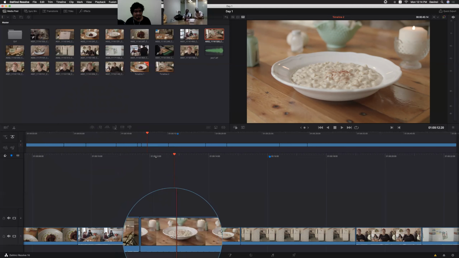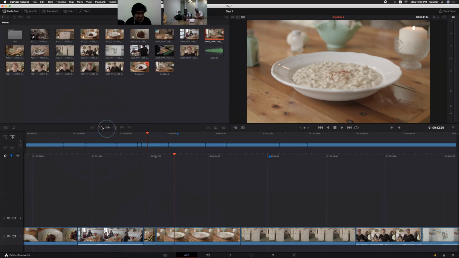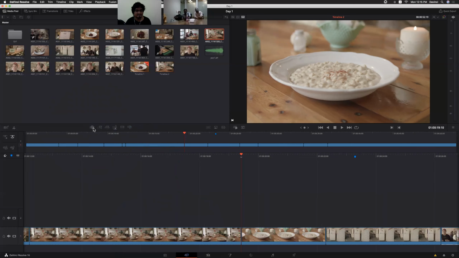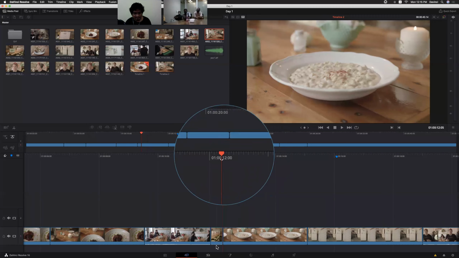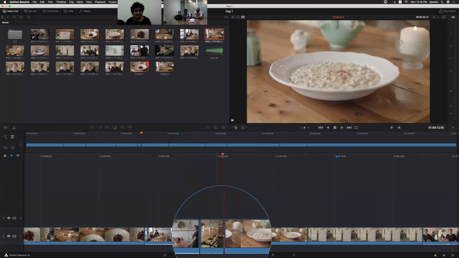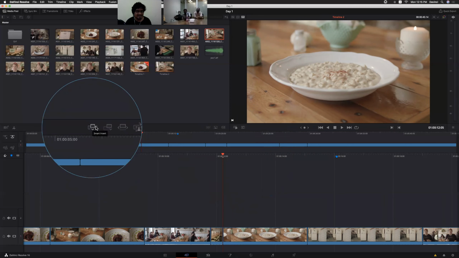It's somewhere on the clip. If I click Smart Insert, it will add that particular clip at the nearest edit point, not exactly at the playhead position. Here there is no need to place the playhead over the edit point. So it is the smart edit window.